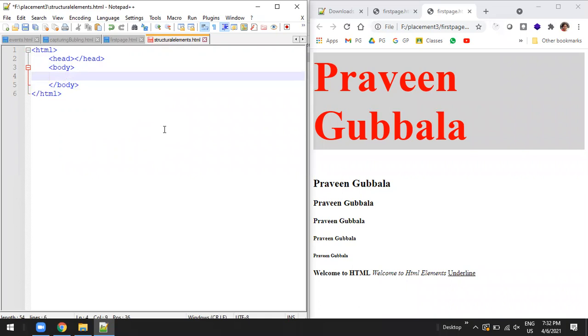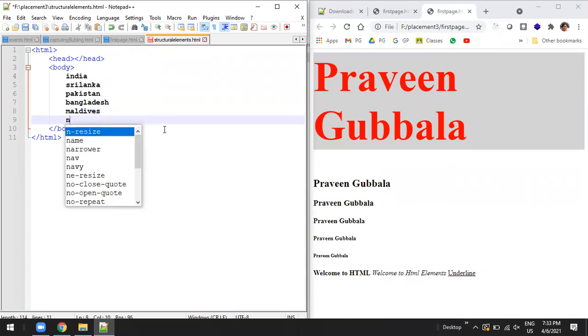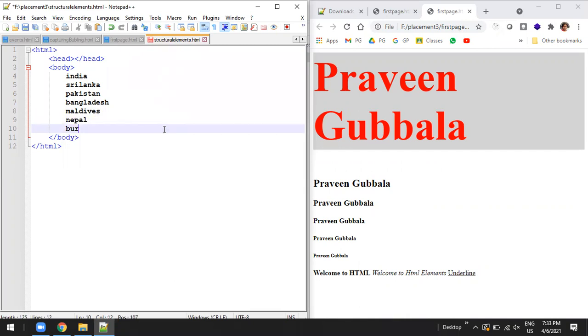In the body, I want to display India, Sri Lanka, Pakistan, Bangladesh, Maldives, Nepal, Burma in the page.